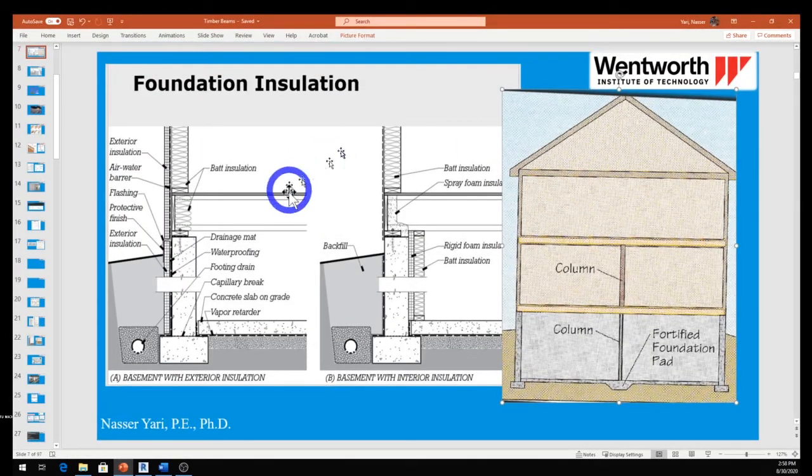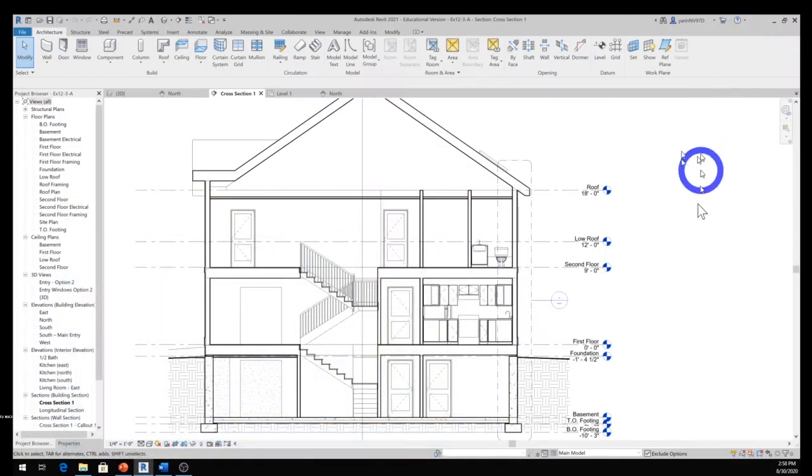Okay, right here, if we look at this house, this is the bottom of your footing, and this is your basement, and this will be your foundation wall, and this will be your first floor, and we call the first floor elevation 0. All right, so we're going to go back to our